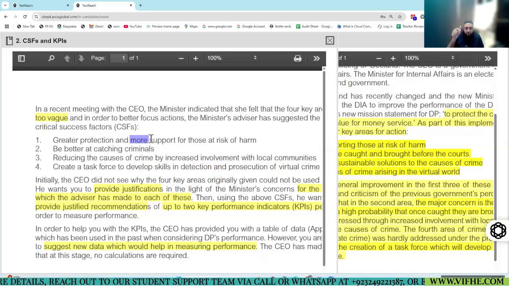The word greater and more support. What will this do? This will give more clarity. This will give an idea of what additional we have now done. Because the word is more support, greater protection.